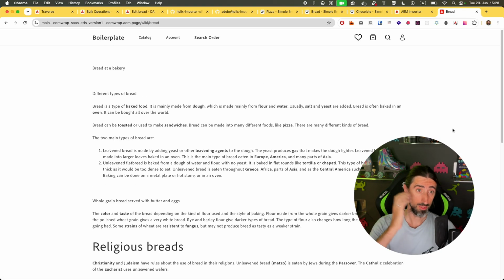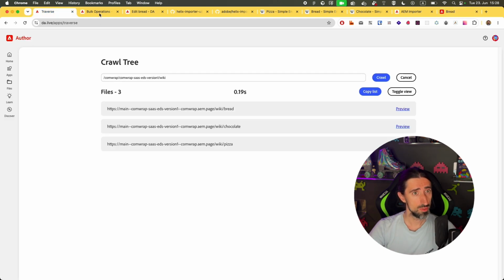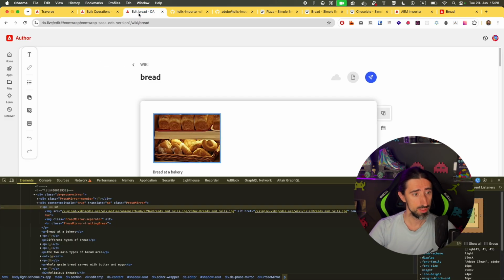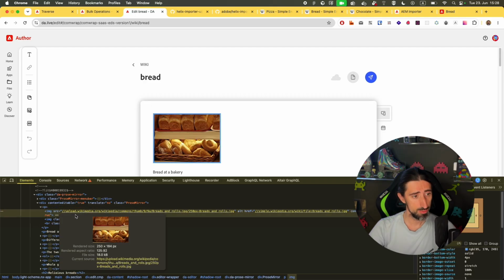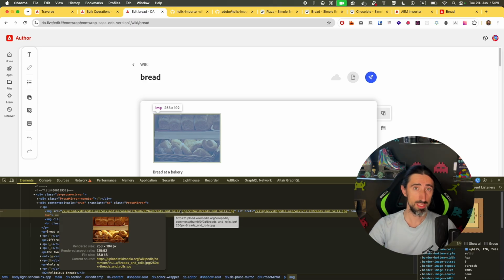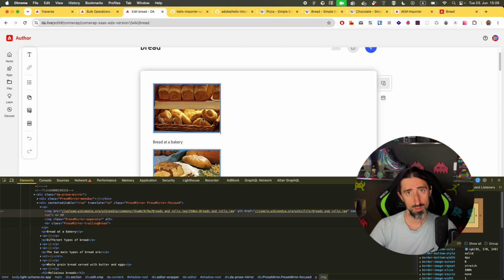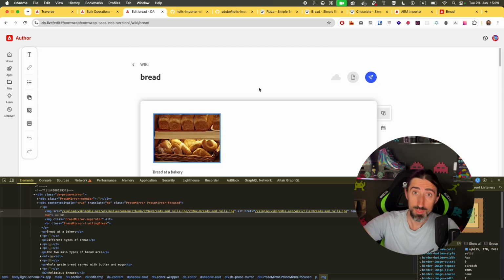Then another quite important point. You could migrate thousands of pages like this. The problem still stays if your pages contain images which reference external URLs. If you have a look at our page, here, you will see that we have this upload media wiki available. You would need to migrate them into your DA